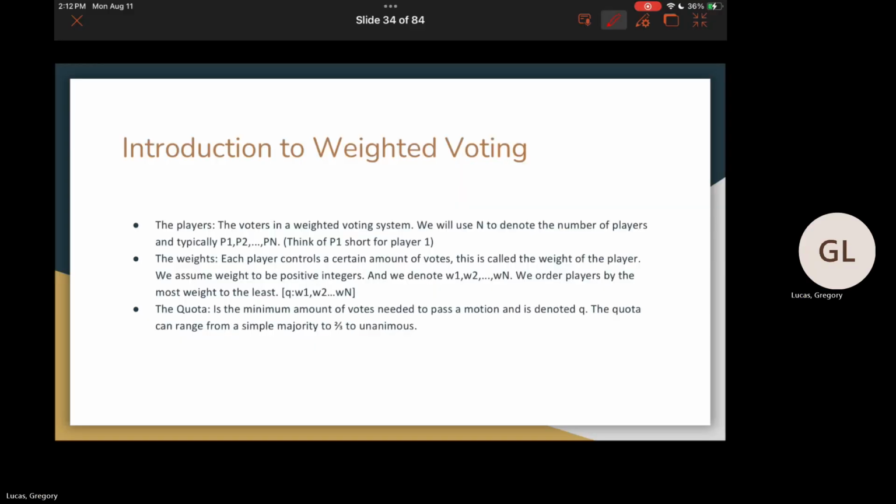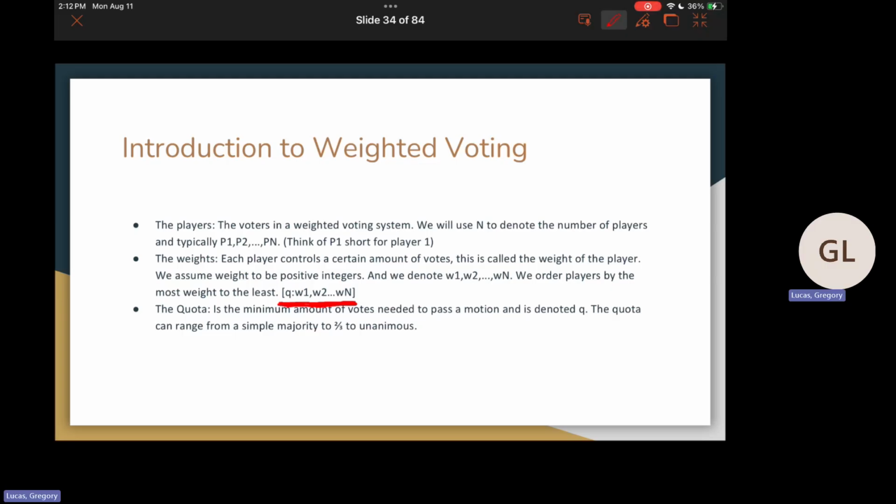Okay? The weights: each player controls a certain amount of votes. This is called the weight of the player. We assume weight to be positive integers, which are positive whole numbers. We denote W1, W2, up to Wn as the weight of each player, and we normally order them from most to least. So this is how we typically write a weighted voting system. We have the list of weights of each player,